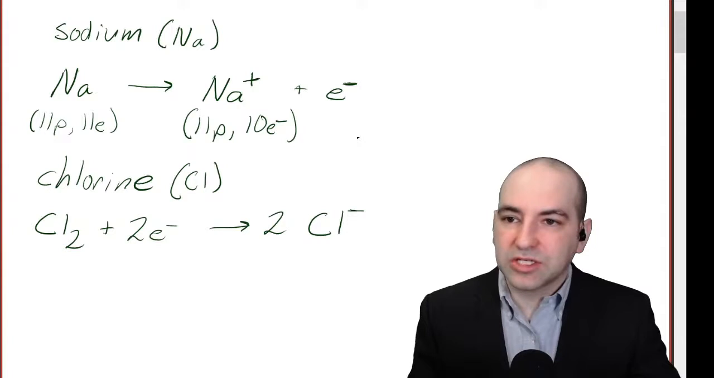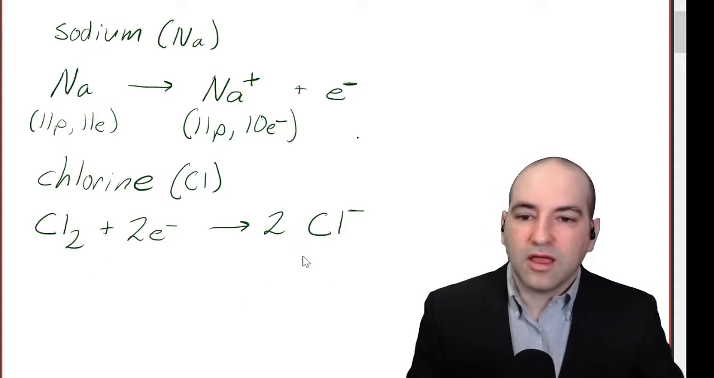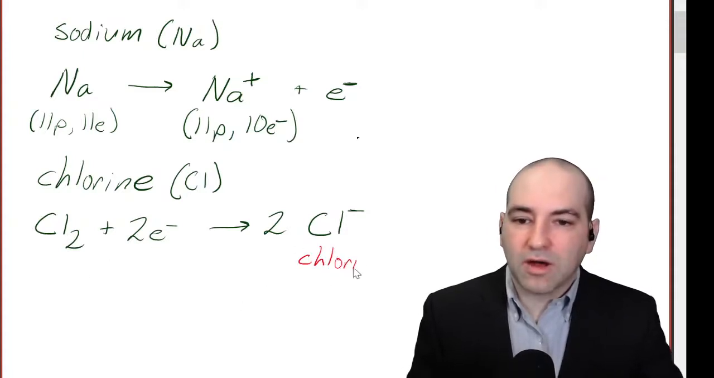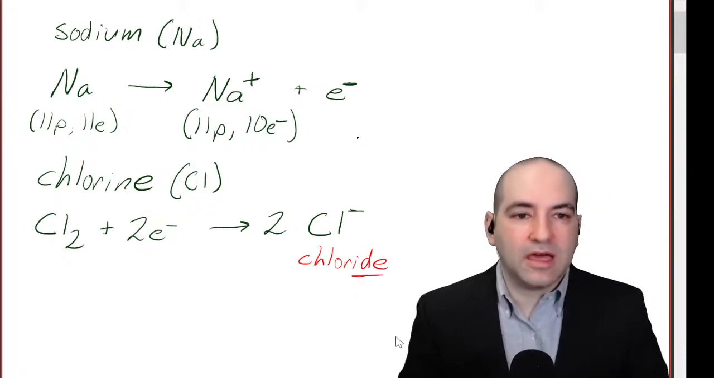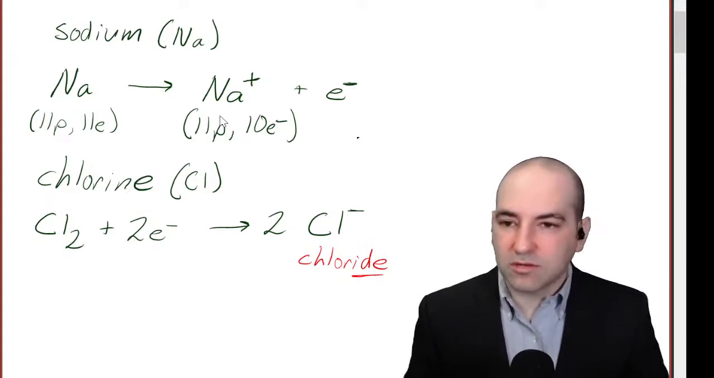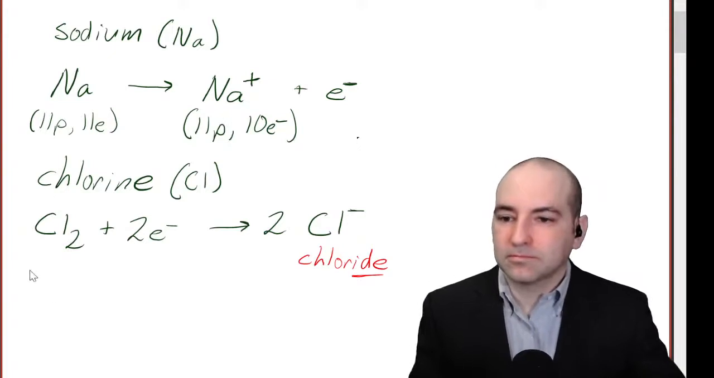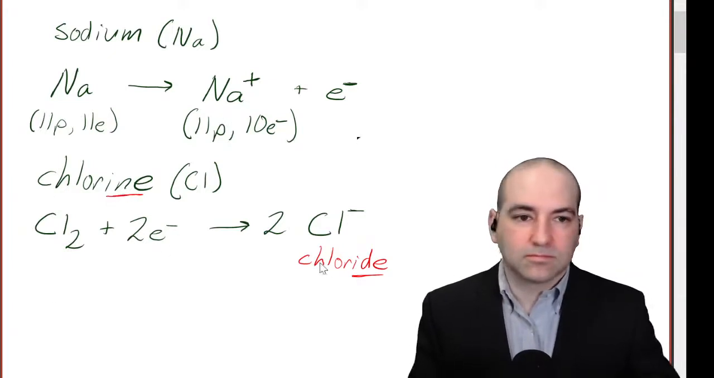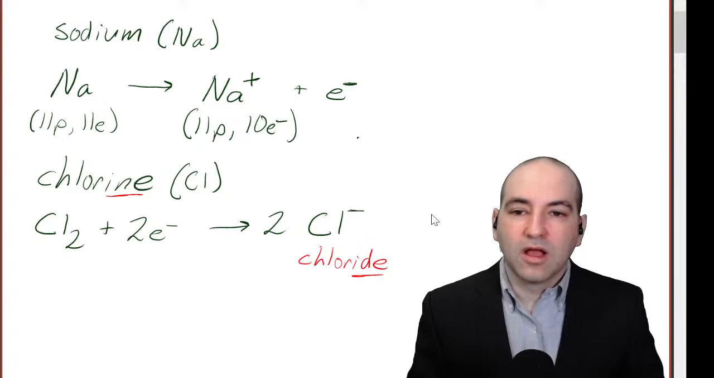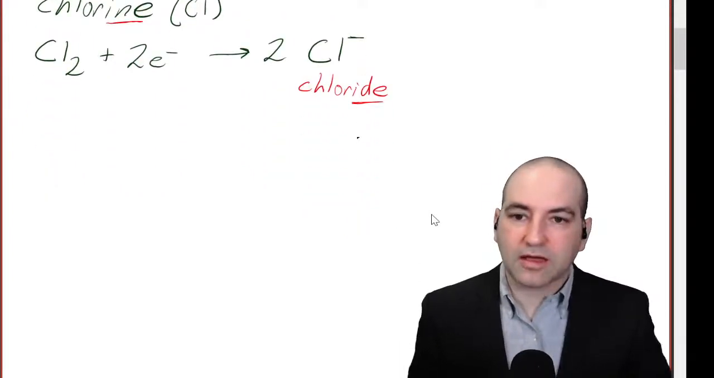Now, anions actually change their name from the original atom. So this is called chlorine in its elemental neutral state, and the ion is now called chloride. So we add that "ide" suffix when we make anions, but we don't do that to cations. Cations just stay sodium. So sodium, sodium, chlorine, chloride. Chlorine becomes chloride. All right, so this is forming the individual ions. So now when we talk about ionic compounds,